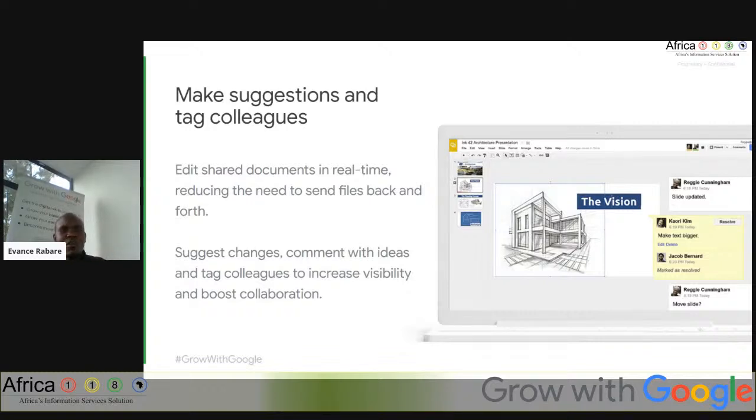So you can also use Docs to tag colleagues. You can also edit shared documents in real time, reducing the need to send files back and forth. You can also suggest changes. You can also comment with ideas, and you can also tag colleagues to increase visibility and boost posts. So remember, I tagged Naol into a sheet where we were working, and we were able to work on that